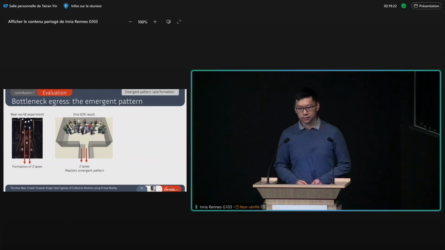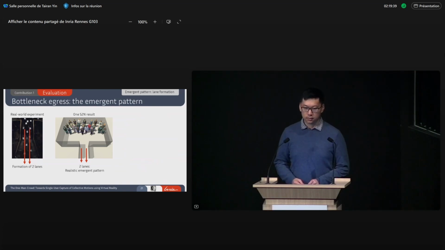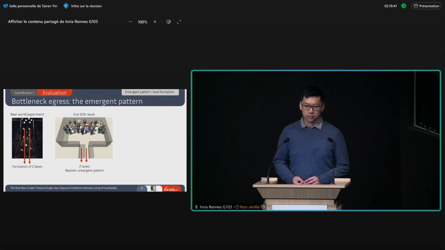Let me put it out there: I believe you can use one-man crowd and extend that and create really compelling animations. You had that example with the QR code, which I didn't have the chance to actually download. You can create animations very quickly that can be used to populate virtual worlds, right?